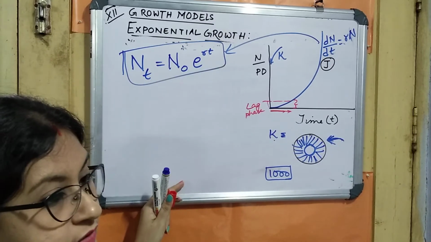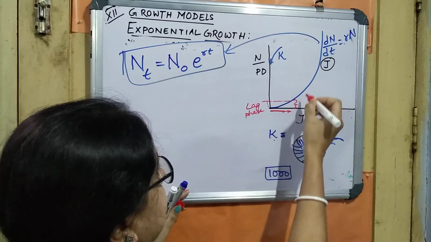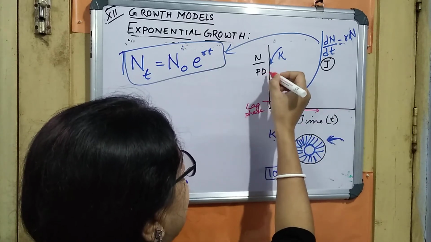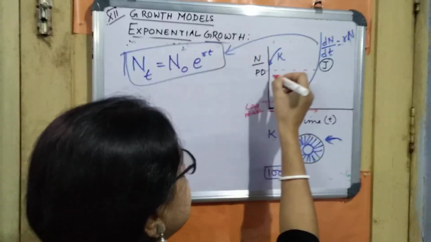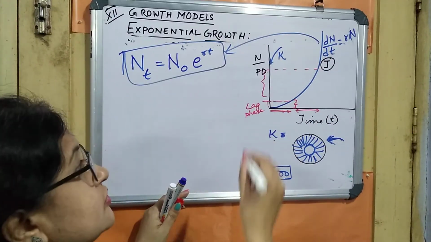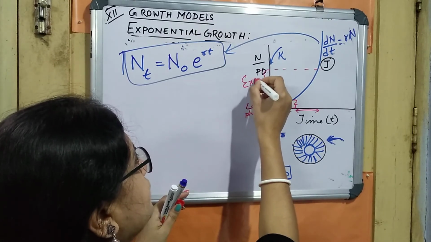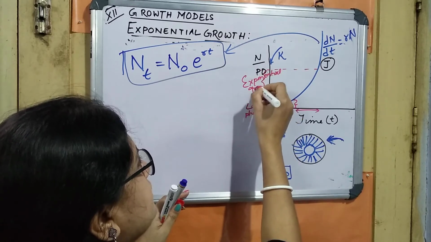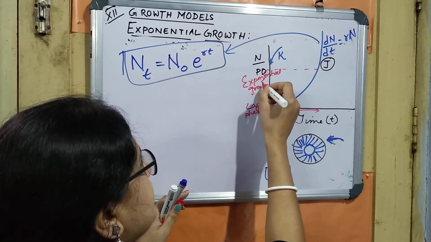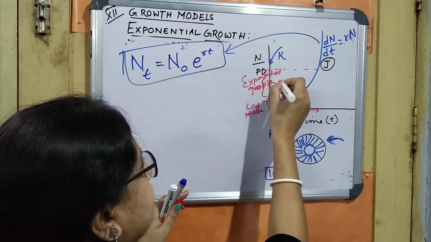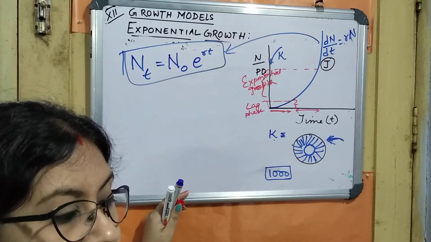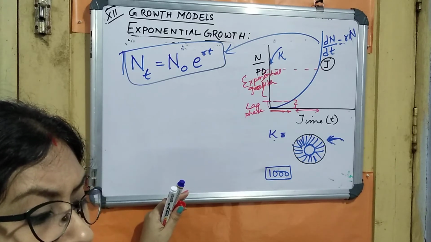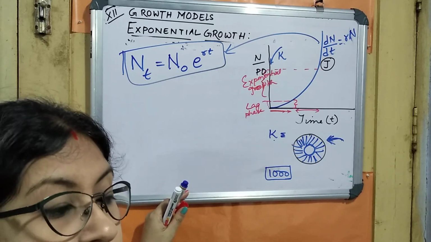Next we come to over here, where there is a time gap of this much, and in this particular time gap, if you see, the population density has risen up to so much. So that is actually what we call exponential growth. This particular phase is called an exponential growth phase, okay? In this case, we see there is a rapid increase in the population as long as there is enough food and enough space.